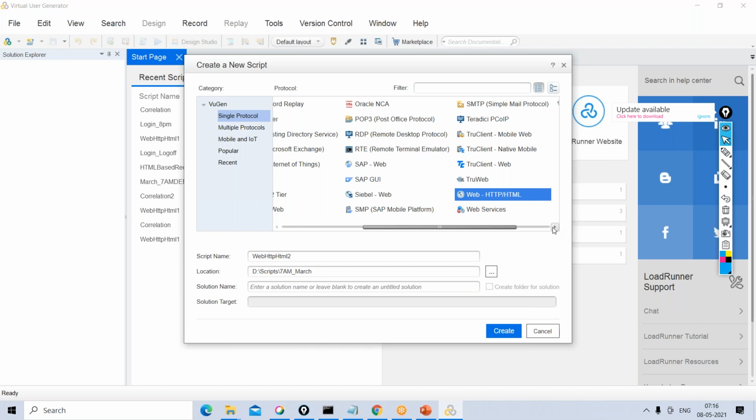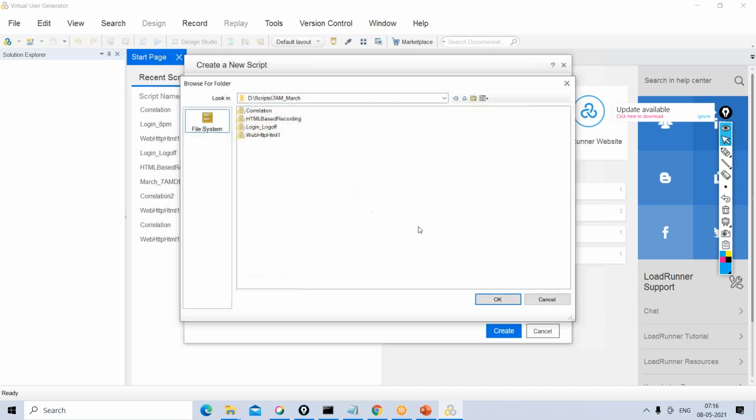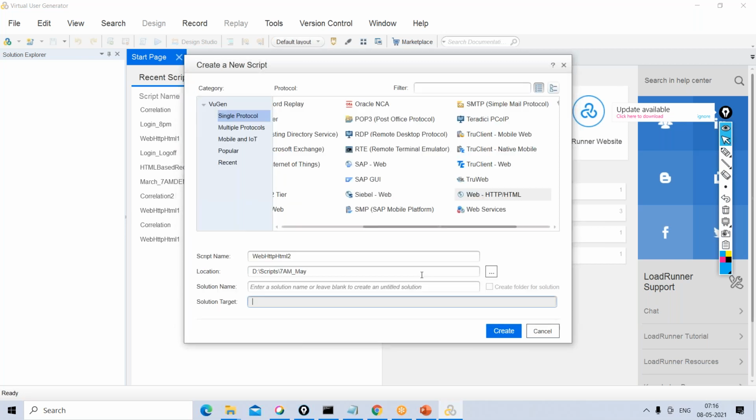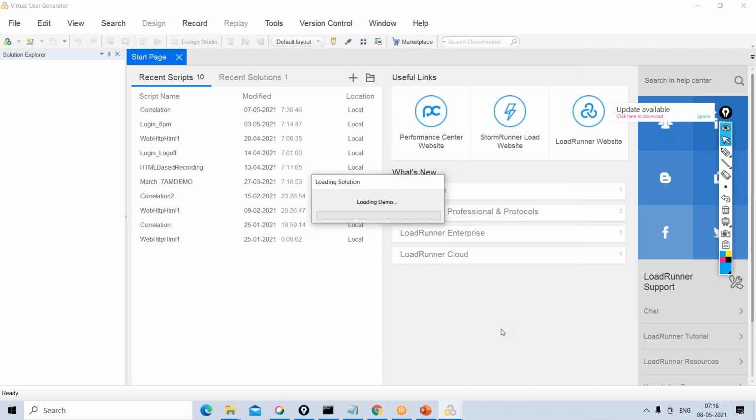So let's create a new script and choose the location where it has to be saved. I'm going to create a new folder, let's say I call it May, and I'll name the script demo. I'm clicking on create.